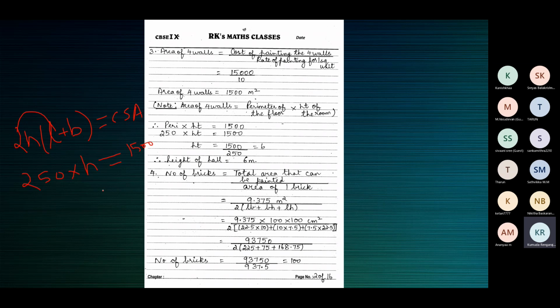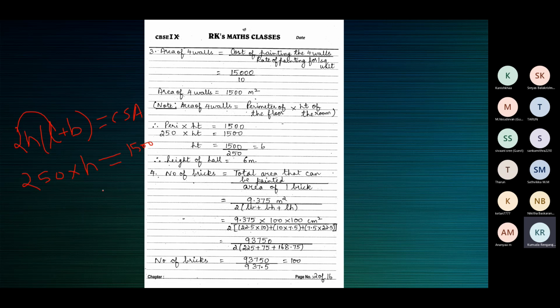So that's about the third one. I'm reading the question now. The floor of a rectangular hall, the cross section of the rectangular hall, has a perimeter of 250 meters. So the perimeter of the cross section is, because why cross section? The floor of a rectangular hall has a perimeter of 250 meters. That is, a cross section of the rectangular hall has a perimeter of 250 meters.